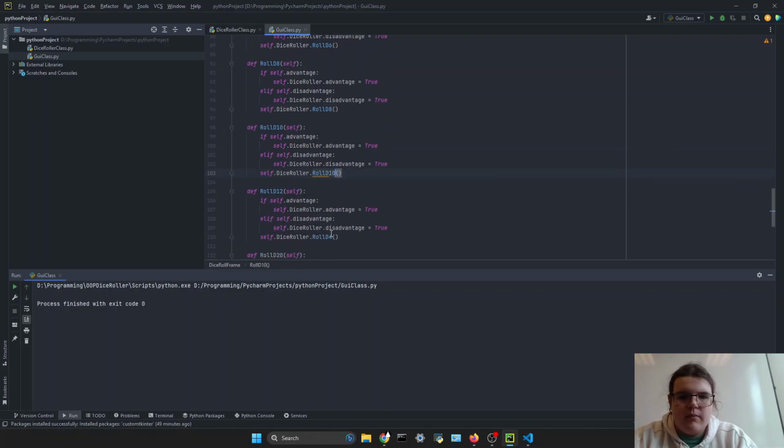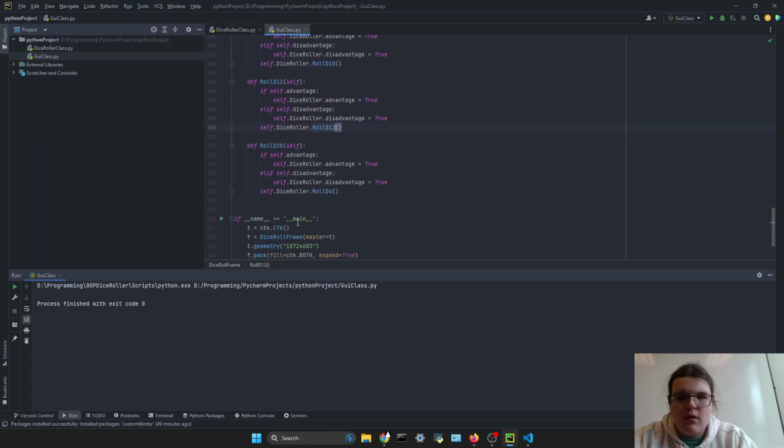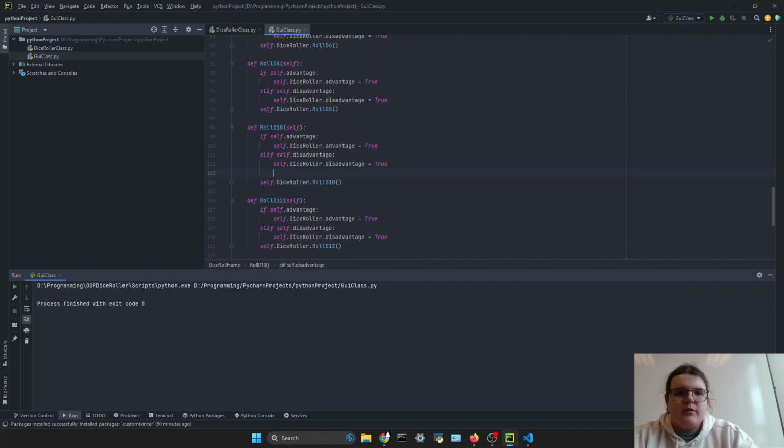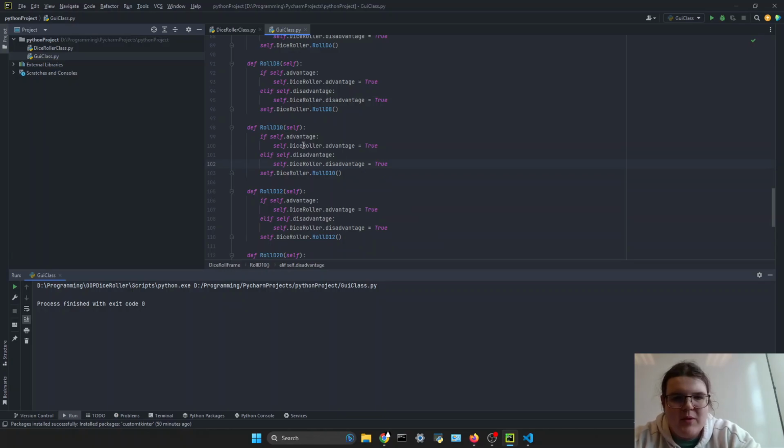D8, D10, D12, D20. So we roll this. So basically just check, so if there's advantage, if this is 1, not 0, so for, I guess, else. No else, just roll. So we basically set this to true, set this to false, and then do that, and then after